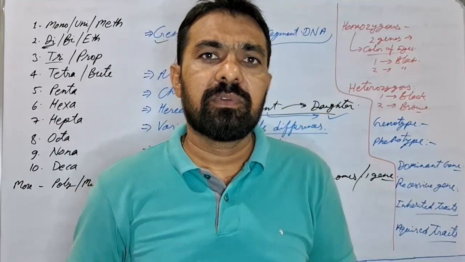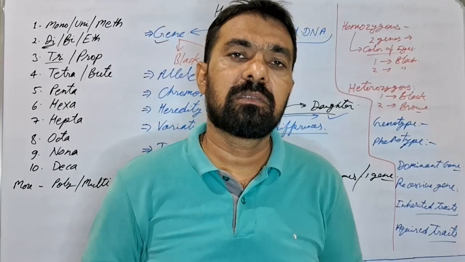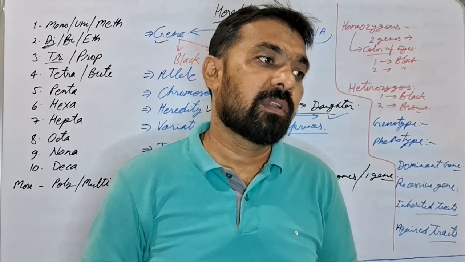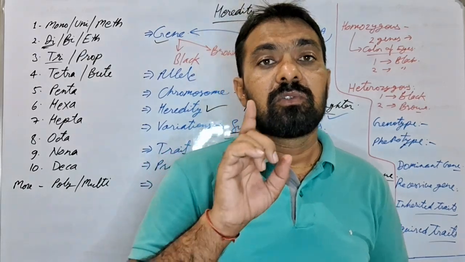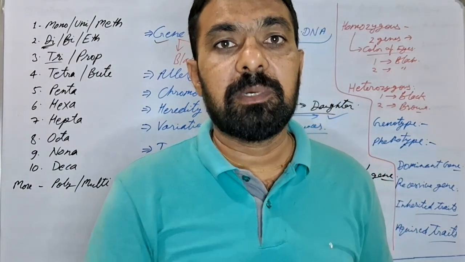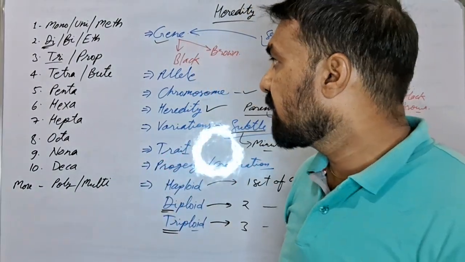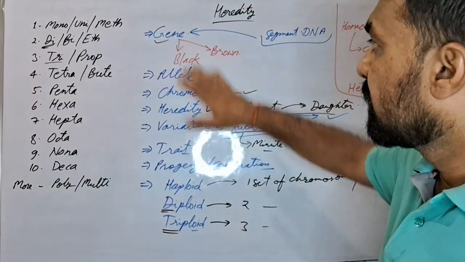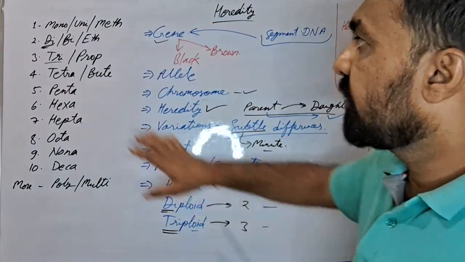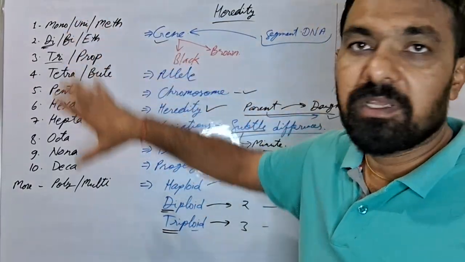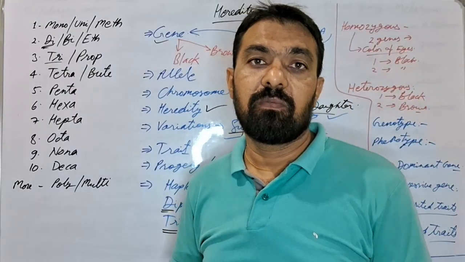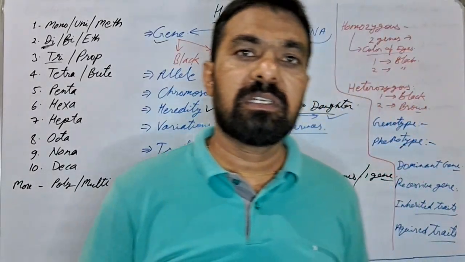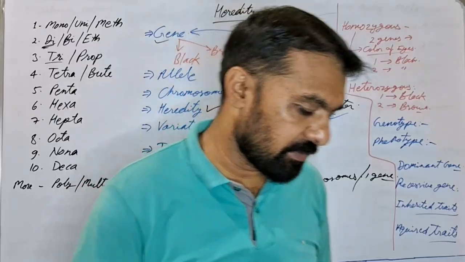In our next class we will discuss variations, and we will discuss Mendelian genetics furthermore. But to understand that particular class, you all need to go through all these terminologies and you need to get familiar with the counting in science too. It would be very helpful for you people to understand not only this chapter but